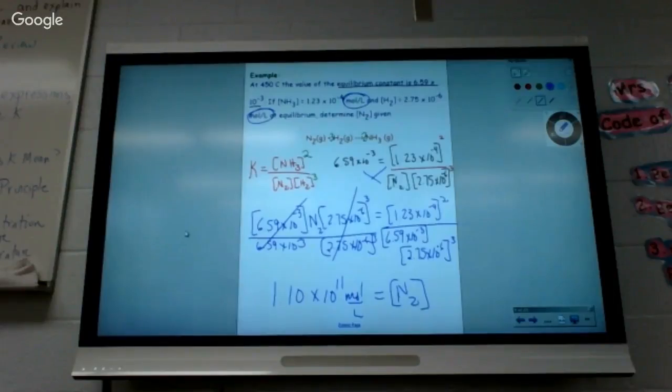Put that number in for H2. You put that number in for H2, and that number in for the other. What did you get for the first one? I got 1 times 10 to the 14. Where do you go from here? You look at these and show the numbers.